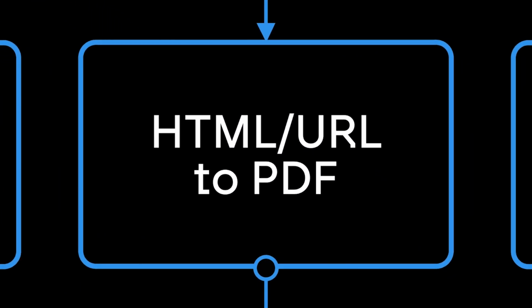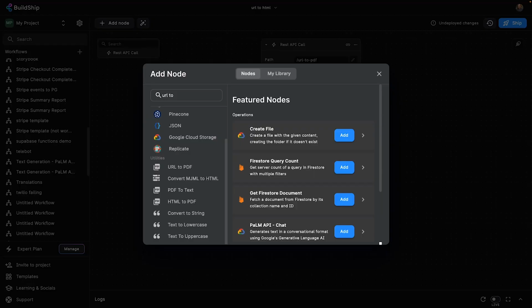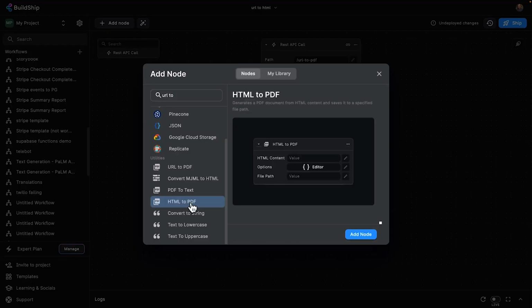Today we're going to be looking at two special nodes. One is the HTML to PDF node, which takes a string of HTML content and turns that into a PDF. And the other one is the URL to PDF node, which takes a URL to a website and generates a PDF